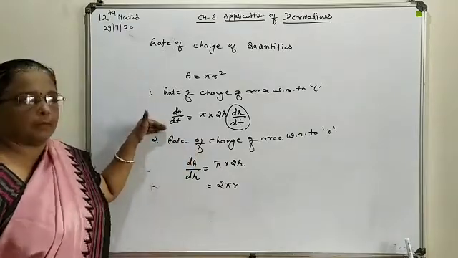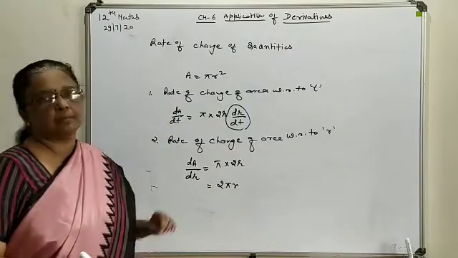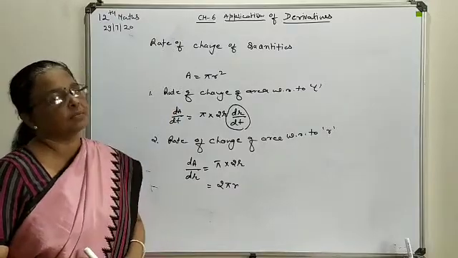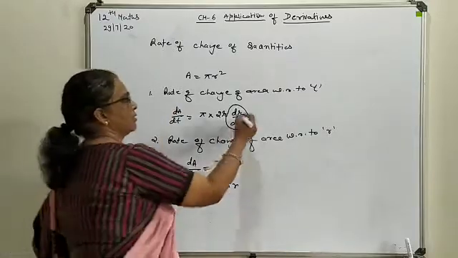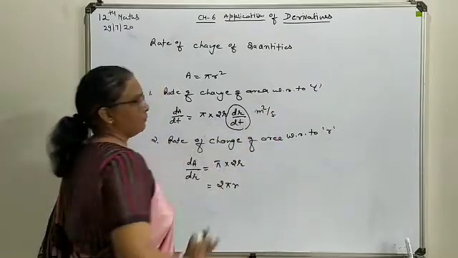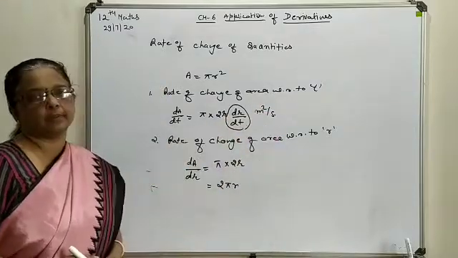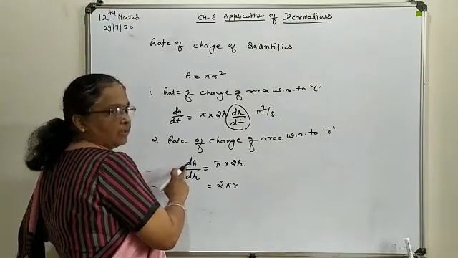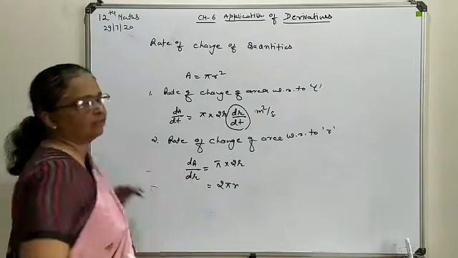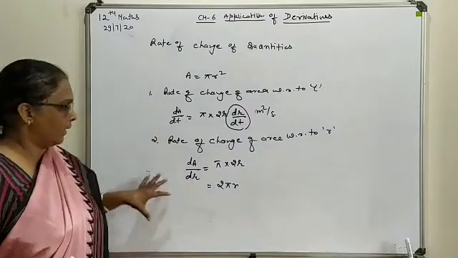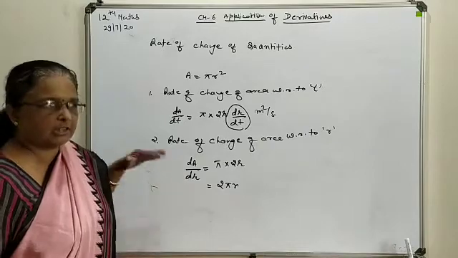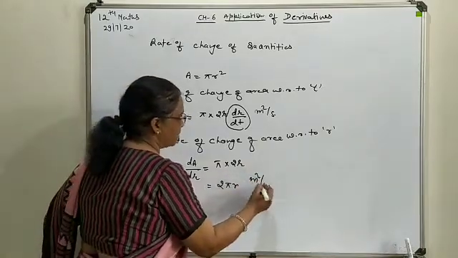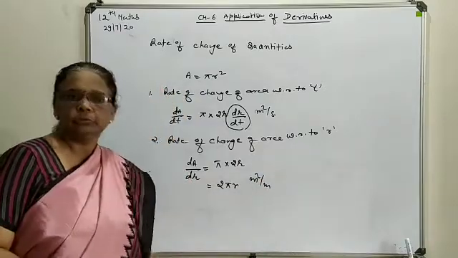Here dA by dt means with respect to the area and time, you will mention what the unit is. Suppose your area is going to be evaluated in terms of meter, so it will be meter square per second, because with time you will write per second. Now here you see, this area is available in meter square or centimeter square. This radius is available in meter or centimeter. So as the unit of rate of change of that quantity, you will write meter square by meter, which on cancellation finally turns to meter.